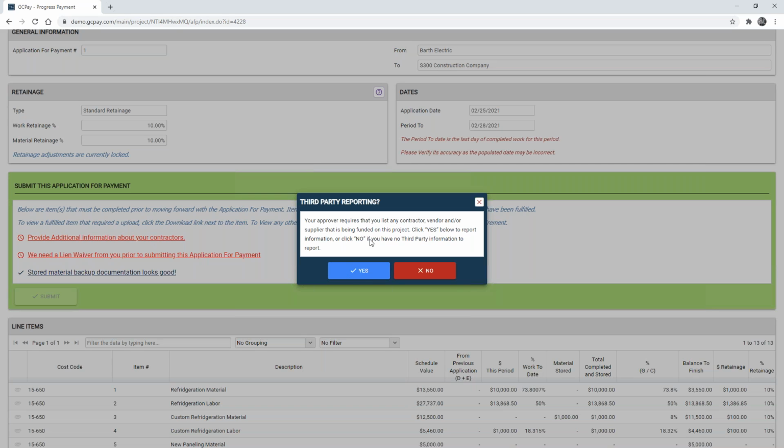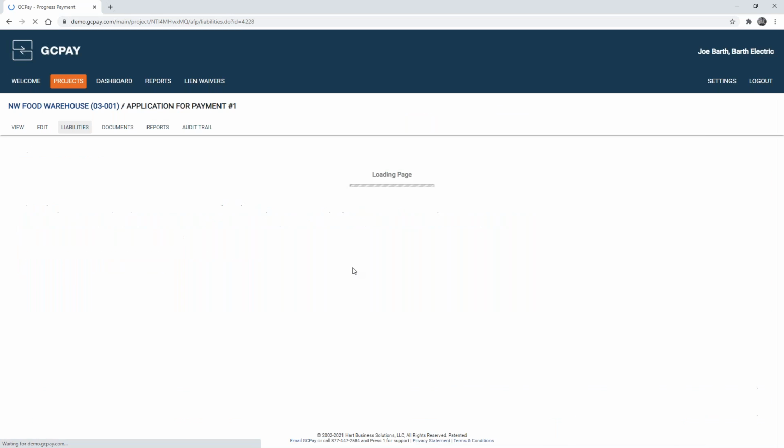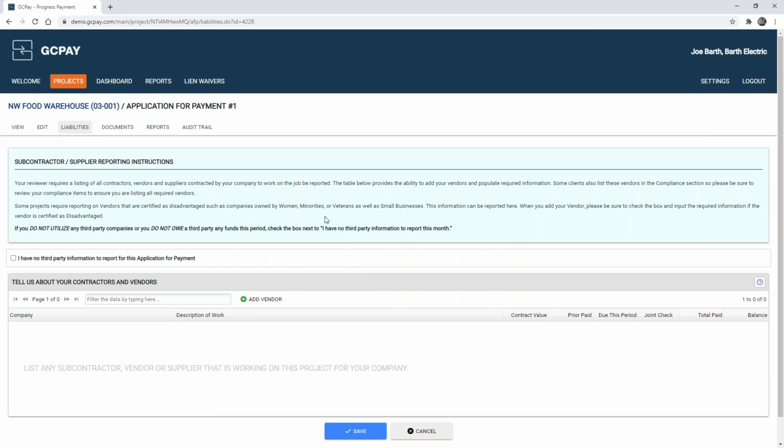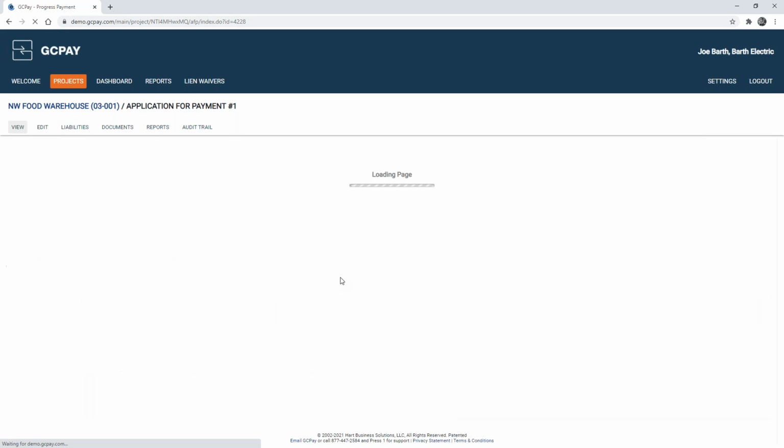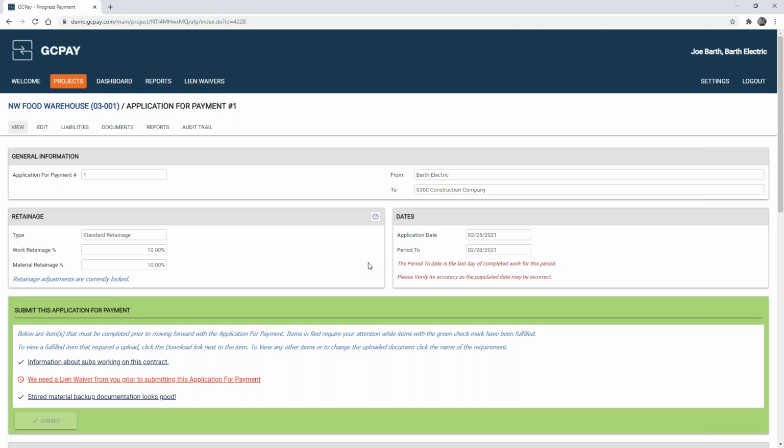And so if your subcontractors are working with those, we will require that they attest yes or no. If you select yes, the subcontractor will be required to add those vendors to GCPay. And it's very possible that the sub is already working in GCPay. Alternatively, we would invite them, similar to how we did with our subcontractors earlier in the demonstration. Alternatively, they can attest that they have no third-party information to report, which is what I'm going to select for today's example.